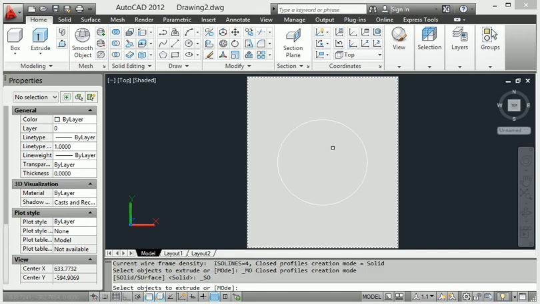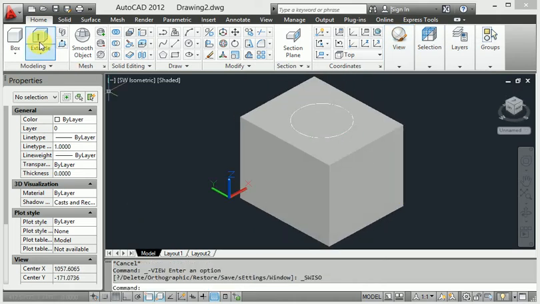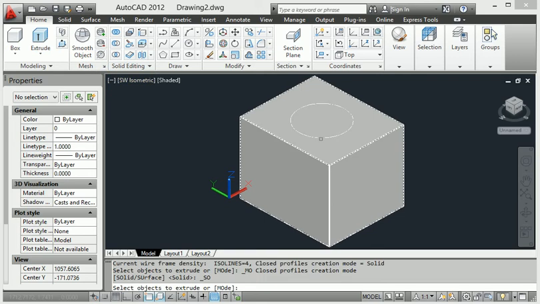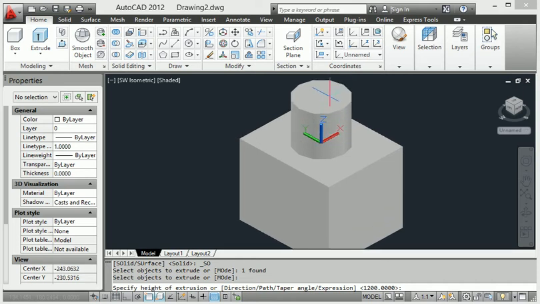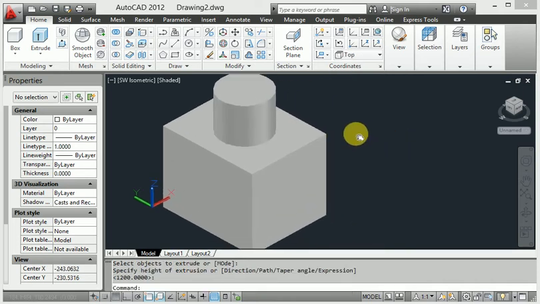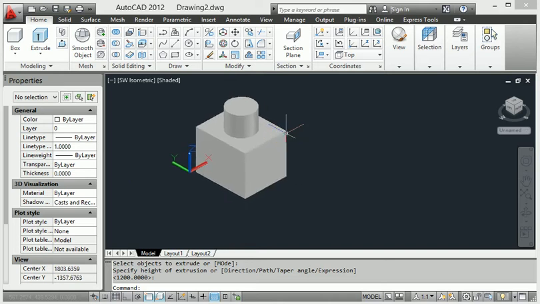Again I will show you the extrude command on the circle. Let's go to the 3D isometric view, then go to the extrude command, apply it to the circle and enter. Then we will calculate how much to extrude. Look at this, one component has been completed.